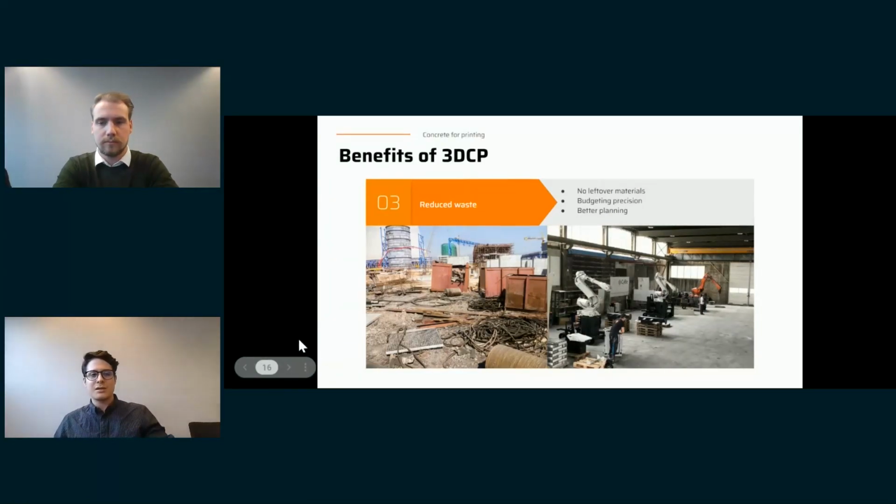Also, one of the problems of the traditional construction is the difficulty of tracking the materials efficiently. And with 3D concrete printing, since we use just a robot that is putting all the materials, it is much easier. And also because we are working with BIM, for the people who don't know, I just kept saying BIM, just assuming that people know. Yeah. BIM is building information modeling. So it's the digital model that architects and structural engineers have. And in this way, working with BIM and 3D concrete printing allows a better communication between professionals in all the areas and processes of construction. Also, it allows a better cost estimation.